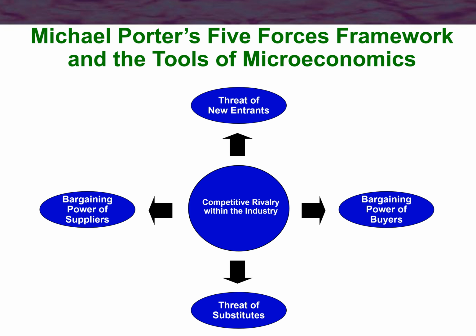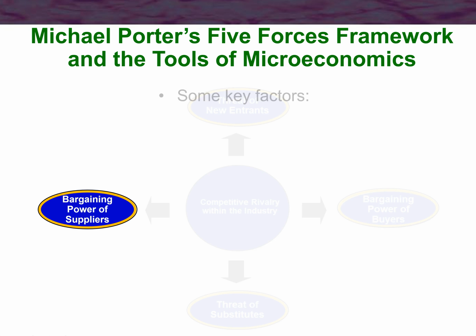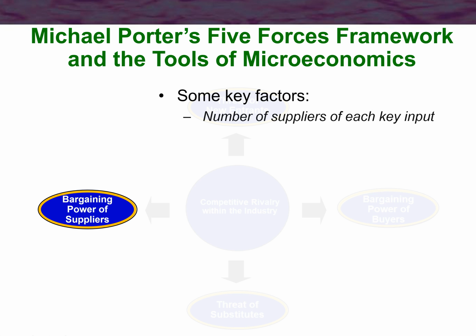And let's first take a look at bargaining power of suppliers. This has something to say about the attractiveness of an industry. And basically, here you can assess how easy it is for suppliers to drive up costs. So you're a business, you have suppliers, there can be some factors that could cause your costs to go up because of the power your suppliers have over you. Now, what are some of the key factors here? Well, it can be driven by the number of suppliers of each key input.